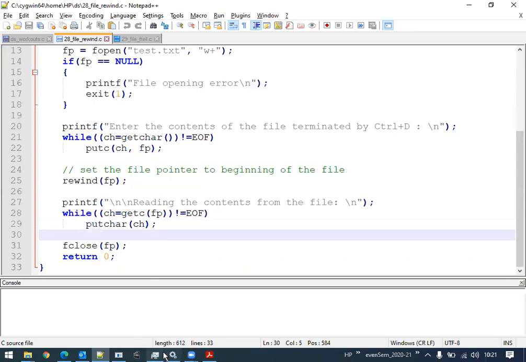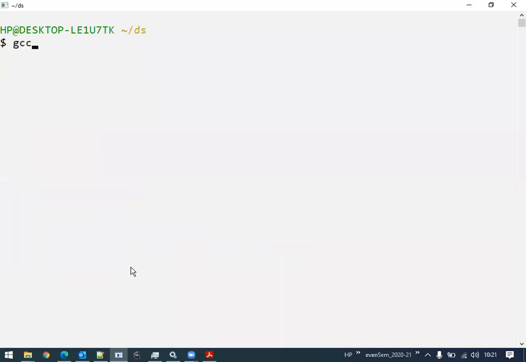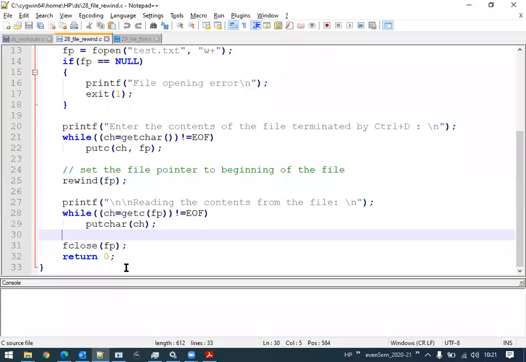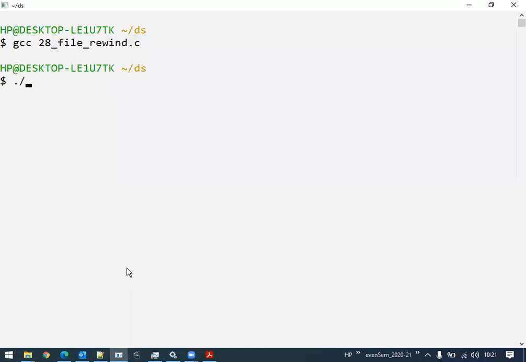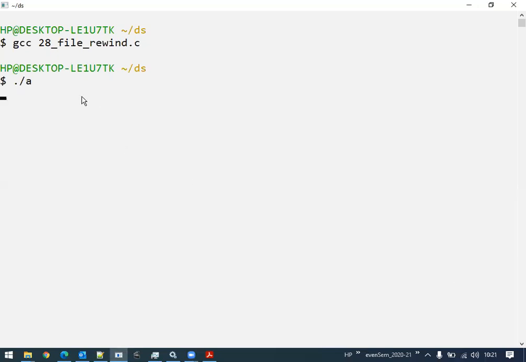Now, let's execute this particular program and check it. I think the file name is 29. Yes, it is 29, and then execute. Give a few seconds for the execution to take place.